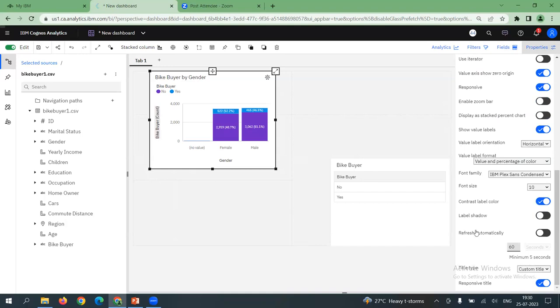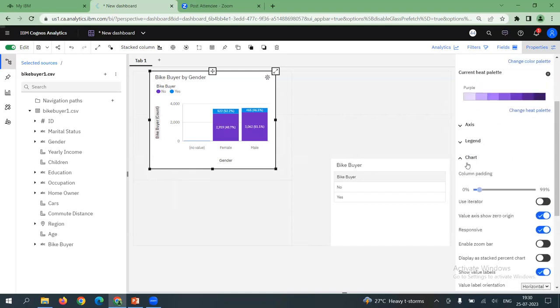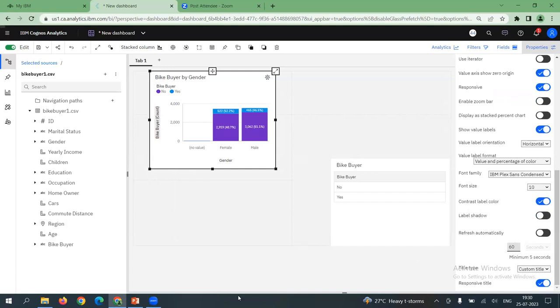And the beauty of Cognos is under the chart section, participants, please notice a very important item. Refresh automatically is available for a time frame. What is this refresh automatically here? Where is it available? Under the properties tab, under the chart section, refresh automatically is available. If you turn this slider on,